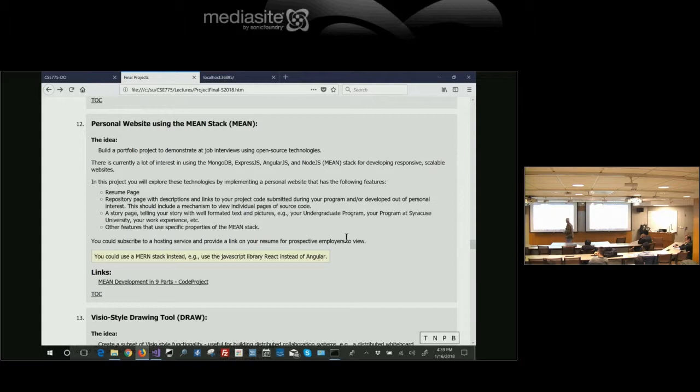And these days with HTML5, there's a lot of interesting media stuff you can do. HTML5 makes it easy to do media presentations and manage color backgrounds, a lot of interesting stuff. A Visio style drawing tool, let me skip over that because we're getting a little short of time.